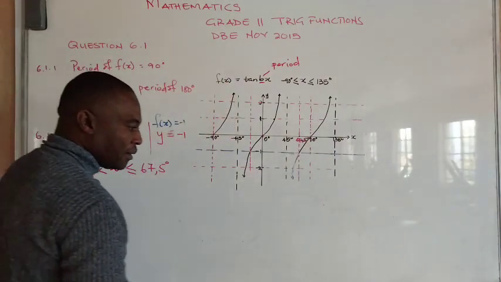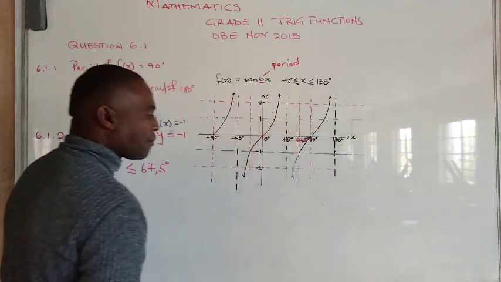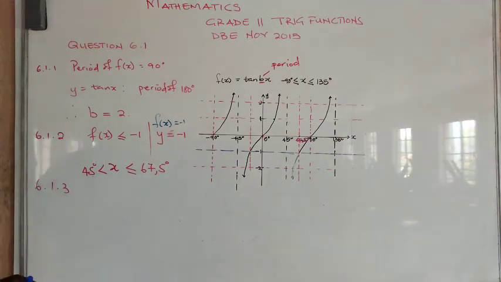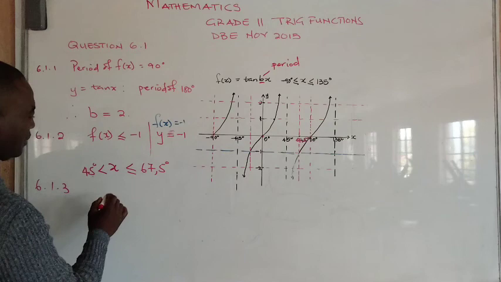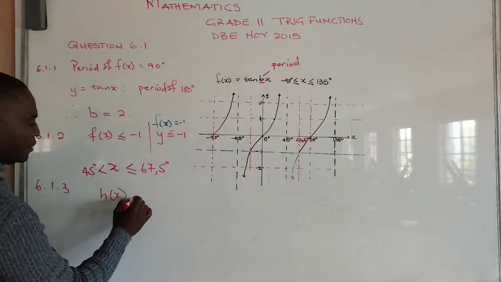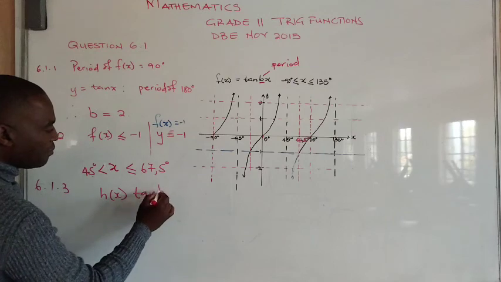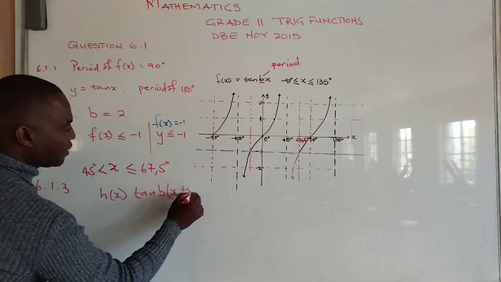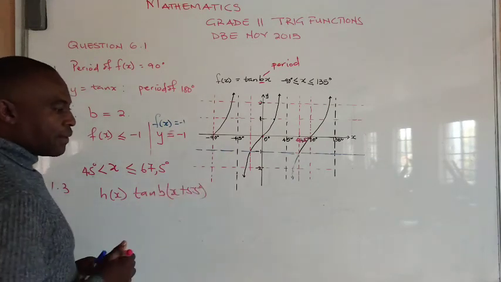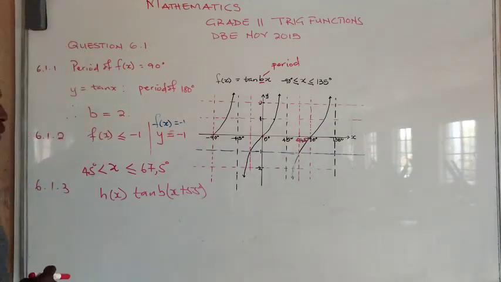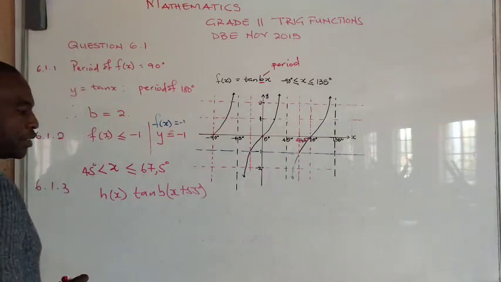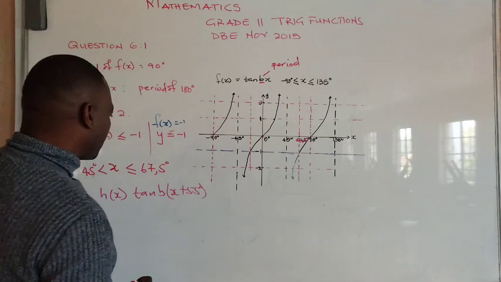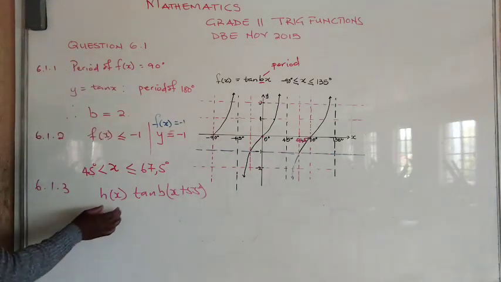All right, then the last question on 6.1. The graph h is defined by tan b into x plus 55 degrees. Write down the equation of the asymptotes of h in the interval -90 to 135 degrees. Now, if we are looking at h of x,